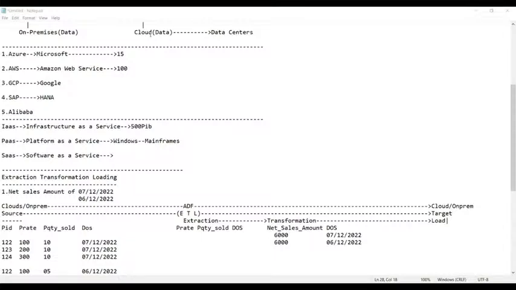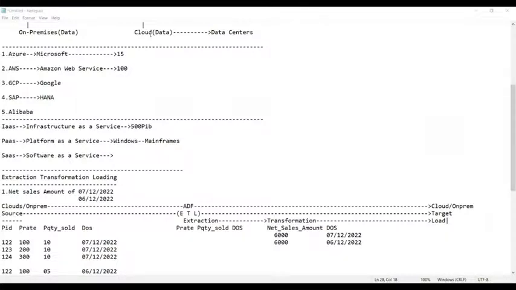Sir, with 3 years of experience, how much package can I get? If I put 3 years of experience in Azure, how much package can I get? See, you can put only 3 years of experience, not more than that, because 3 years prior to 2018 you can't even put, as you don't have that particular version. So you can put a maximum of 2.5 to 3 years only. Now I think around 4 years you can put at maximum.